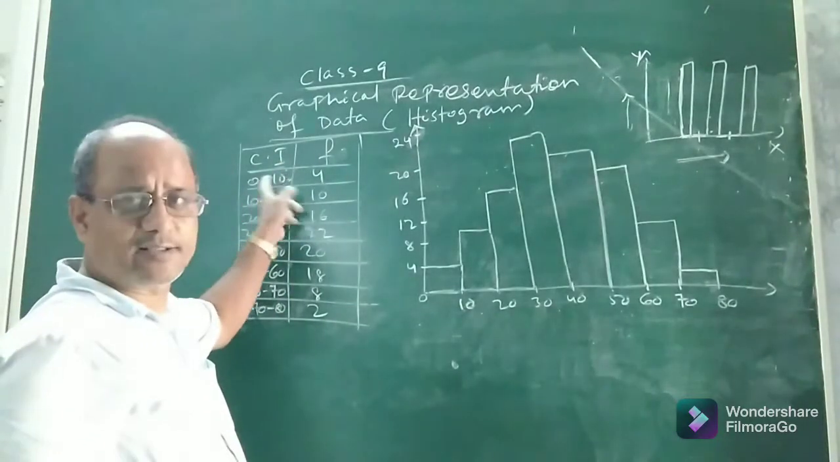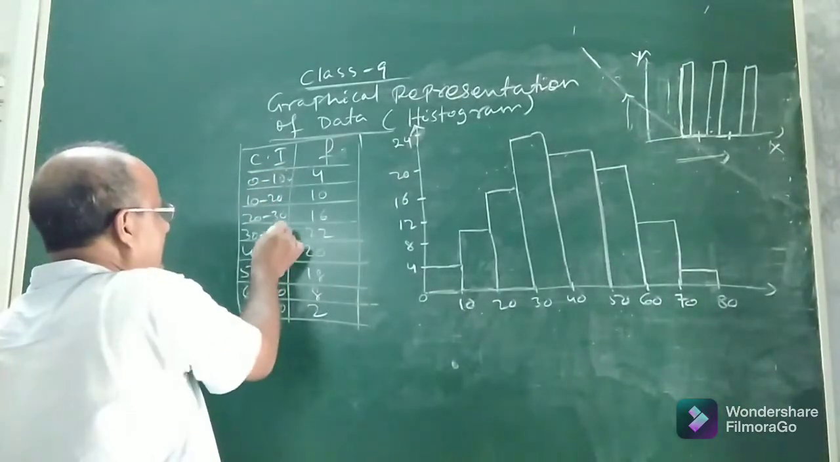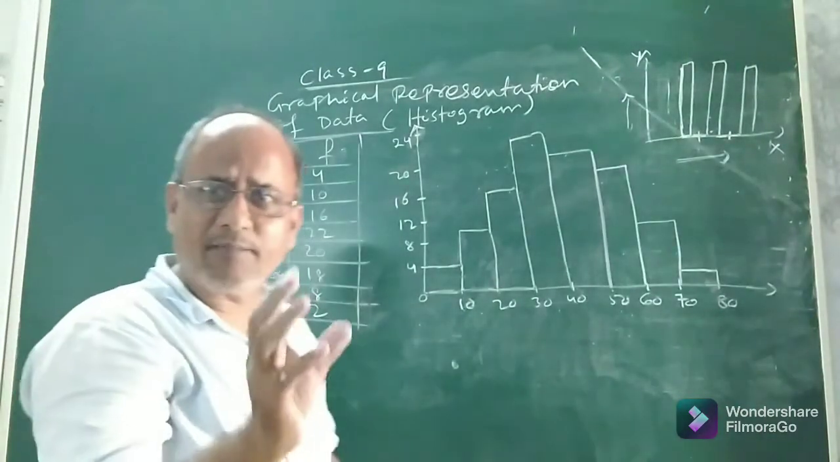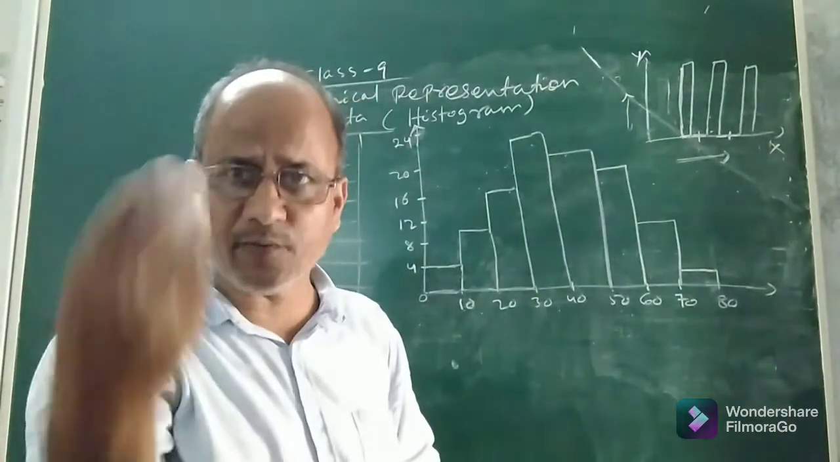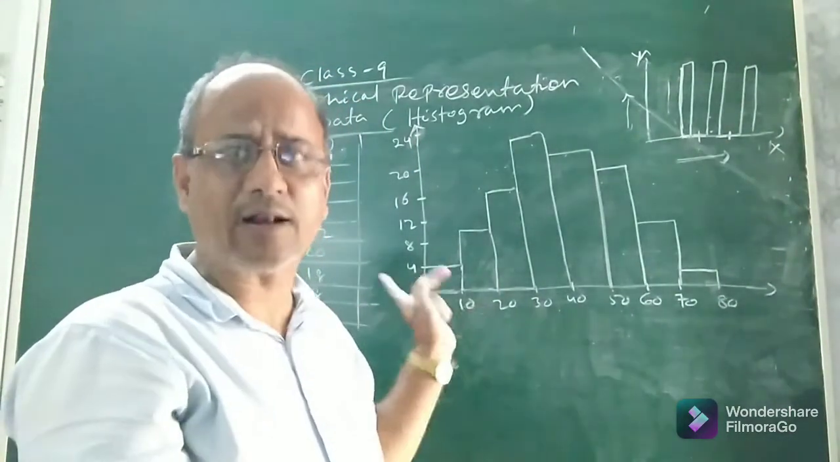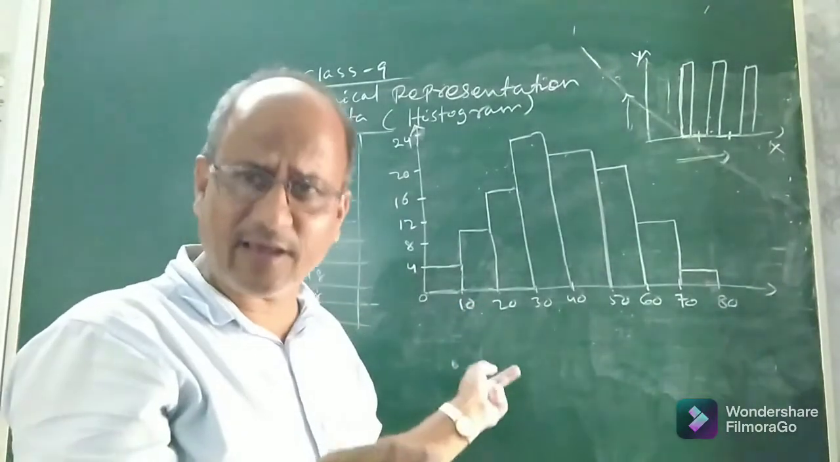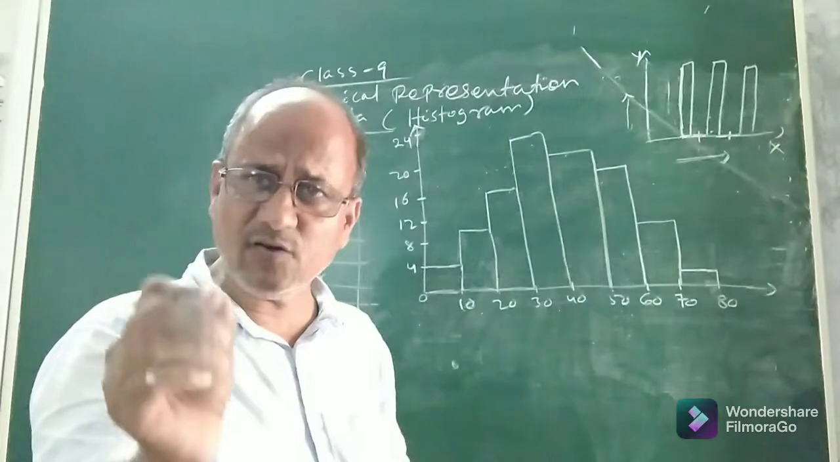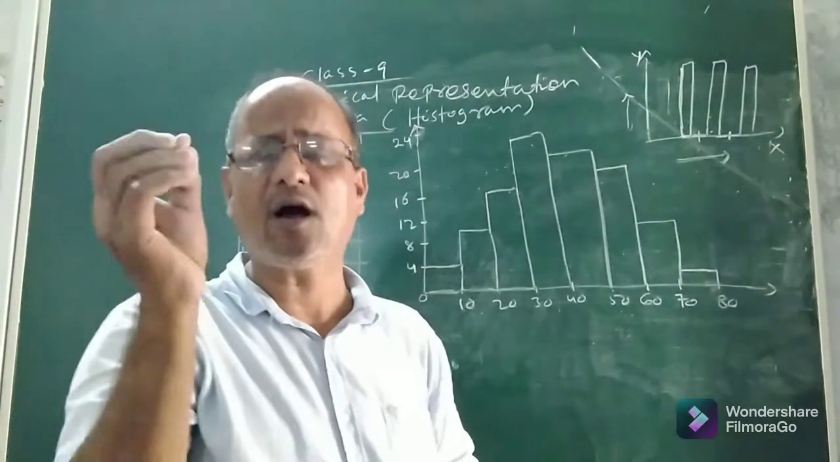And see, what is the size of each class or width? 10 minus 0, 10; 20 minus 10, 10; 30 minus 20, 10. That means all the classes are of same width or size, uniform size or uniform width. All class intervals are of uniform width or size. Now if the classes are continuous and if they have same width or size, the point is how to prepare